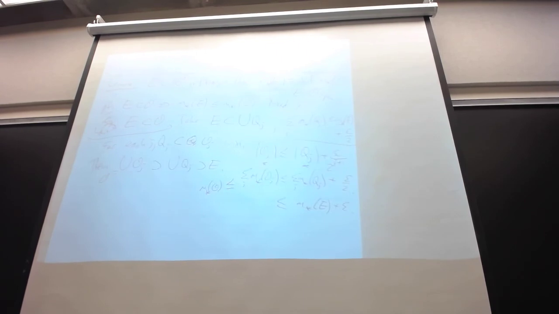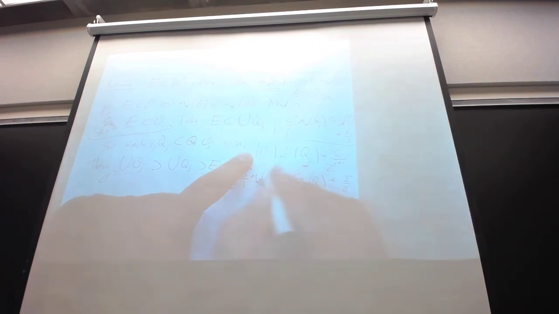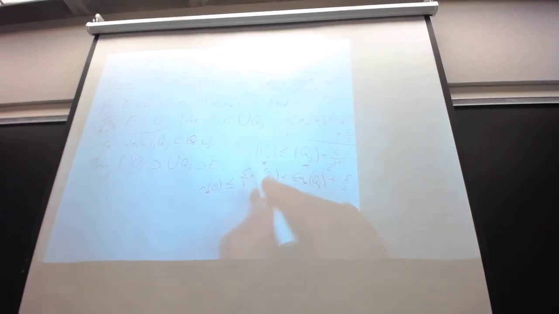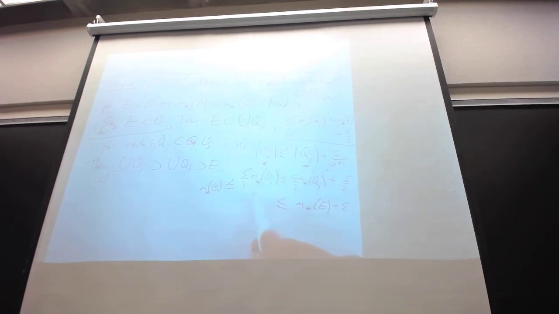Did everybody follow that? Should I do it a little slower? There's some confused faces. Where did the second epsilon over 2 come from? If I take this inequality, this is because I made the Oj a little bit bigger than the Qj, but only this much bigger. So now sum on the j's. The sum gives me a sum over the mu star of Oj. The length of the Oj is the same as mu star, that we proved. The length of the Qj is the measure of the Qj. And then the sum on j, because there's an extra factor of a half, is an epsilon over 2.